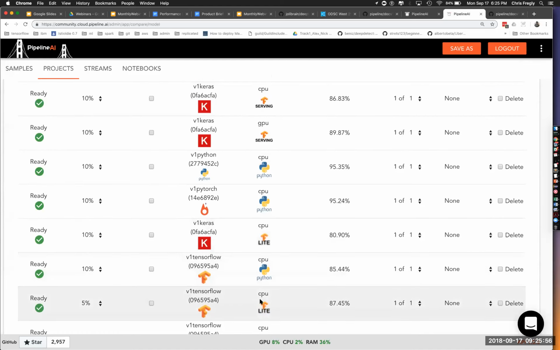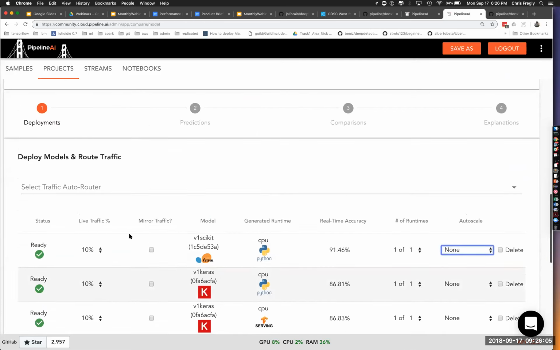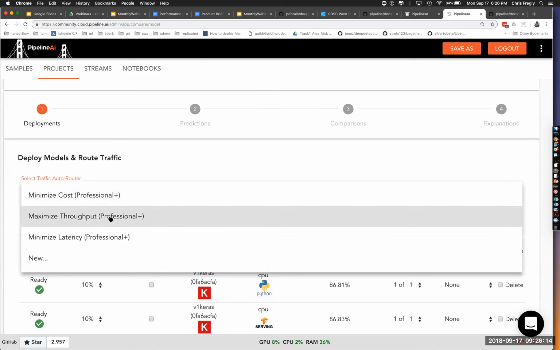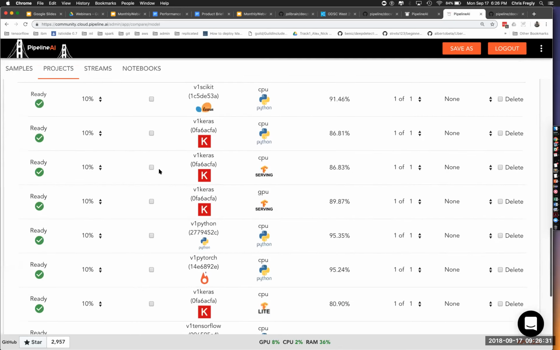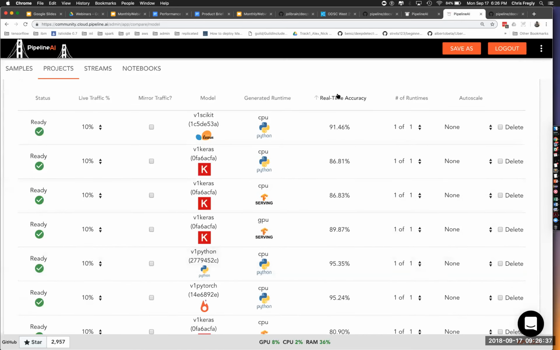And these are all sort of fighting for their position to be the best model for the given goal. This is where we could start to rely on these multi-arm bandits, which can start to shift traffic based on cost, based on throughput, based on latency. There's going to be one more that pops up here in a bit where you can shift across clouds as well. We're Kubernetes native, so we can run on any cloud right now, or really any environment where we can get to Docker. And so let's see, here's PyTorch. Also, this is a real-time accuracy here.